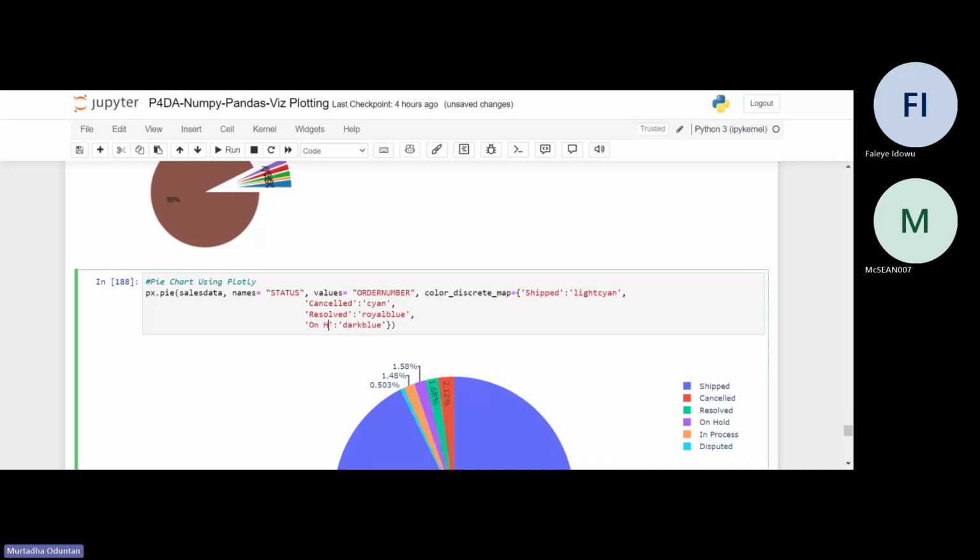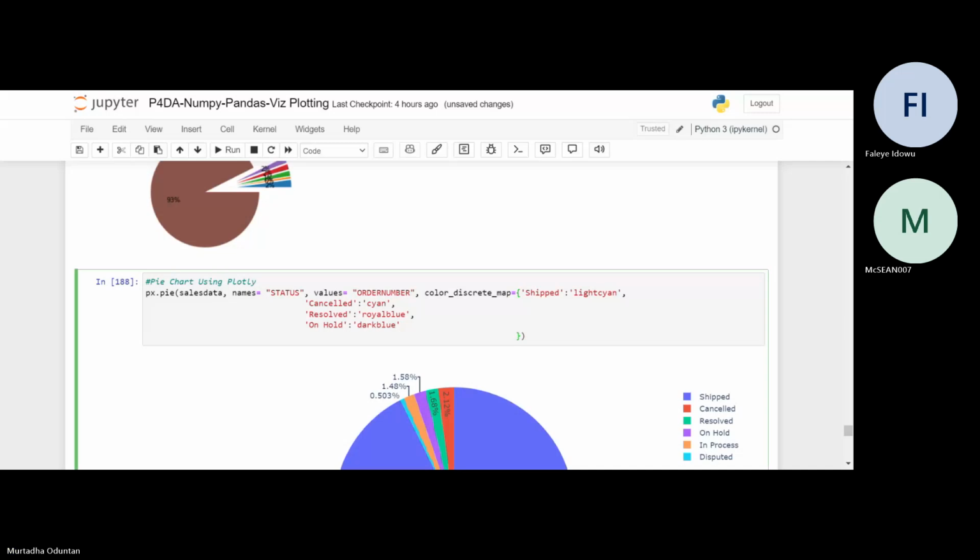We want on hold to be another color. So we want to state, let's say, in process,